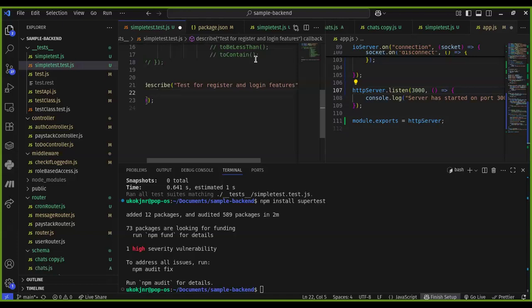So I do that, and then the next thing I want to do is write the functions to do my testing. So I'll then say test. So the first test is